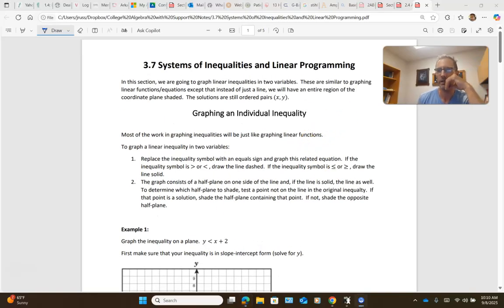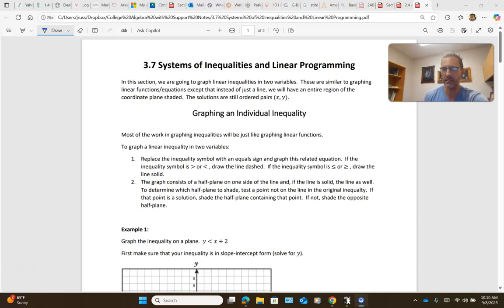First of all, the term inequality itself just means not equal. And in math, inequalities use symbols, and that's what we're going to go over first. But let's look at this first paragraph. It says these are similar to graphing linear functions. And by the way, guys, we are only going to be looking at linear inequalities. There's all kinds of inequalities, quadratic, cubic, whatever. But we're just looking at linear